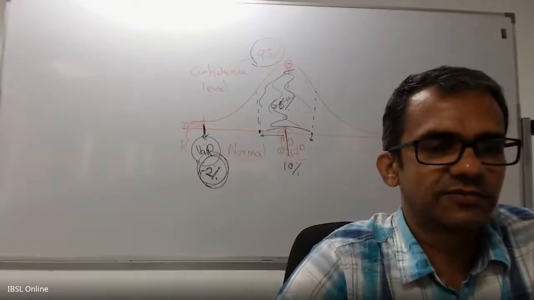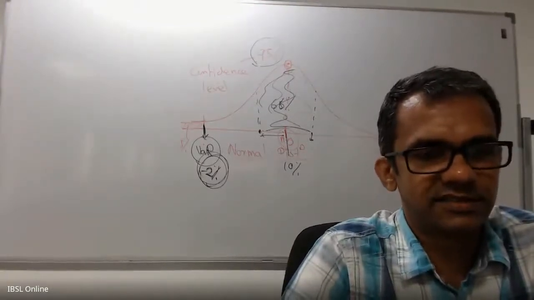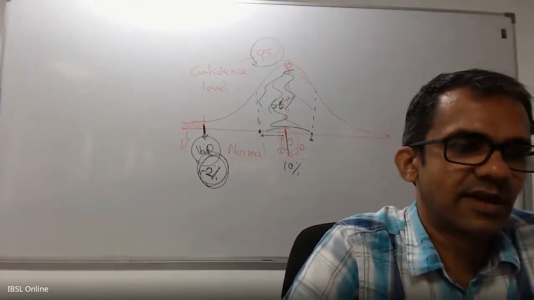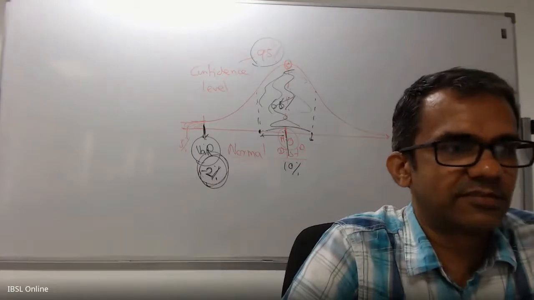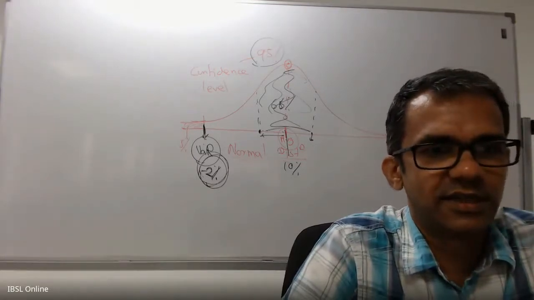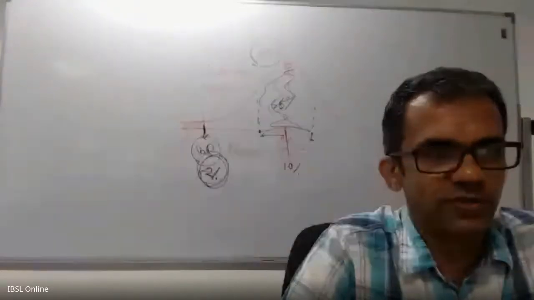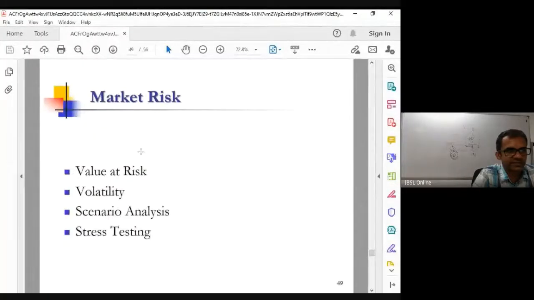I think for you at this instant, at this level, you just know that there are measures like this, and I don't expect you to calculate this value at risk or the volatility at this level, because to calculate this and even to interpret this, you need some background knowledge on some statistical concepts and things like that. But value at risk, to understand easily,